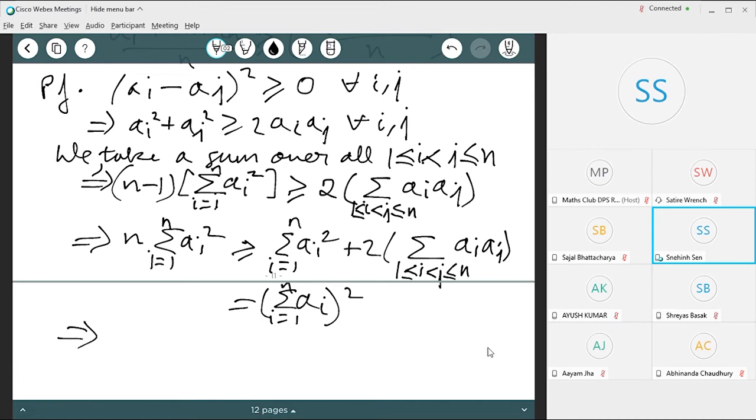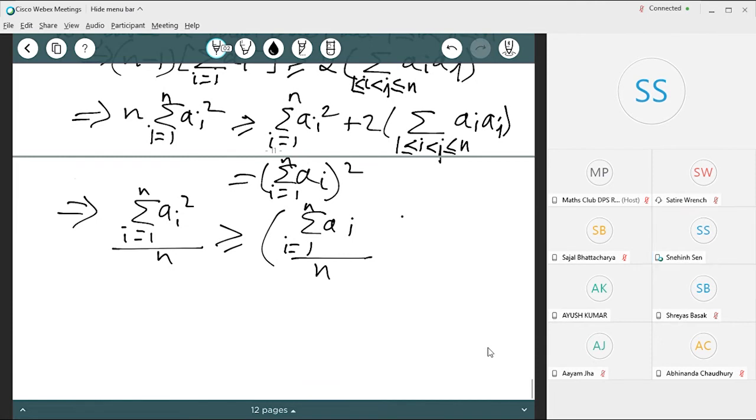And divide both sides by n square. We get sigma i equal to 1 to n ai whole square by n is greater than or equal to, taking the n square inside as n in each factor, sigma i equal to 1 to n ai